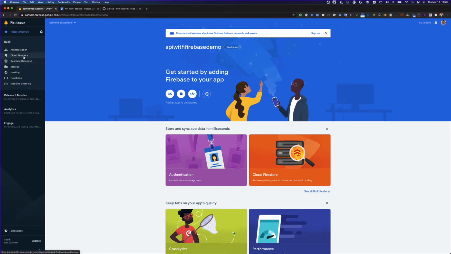Then you have Cloud Firestore, which is a NoSQL database which Google Cloud provides. Then you can have functions deployed on Firebase, which is similar to AWS Lambdas. So today we will be using this functions service to deploy our REST API.